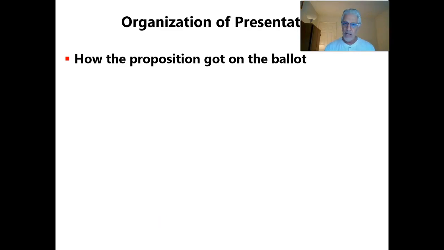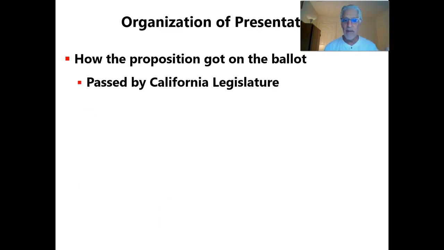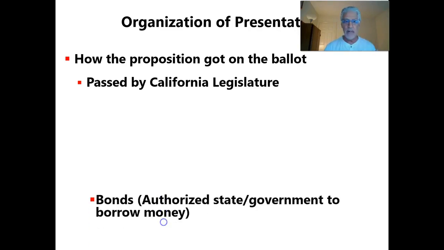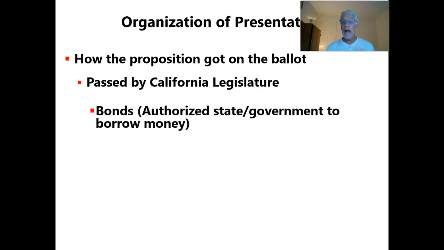In terms of the organization of the presentation, we're going to explain the propositions using the same approach. First, we'll explain how the proposition got on the ballot in the first place. Now, there are actually a few ways that this can happen, but in this particular election, there were two different ways. One way is for something to get passed by the California legislature, that's the state assembly and the state senate, right? So they have to get passed by the legislature, but then they have to be submitted to the voters. There are two kinds of